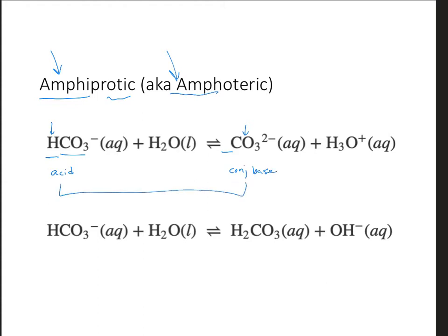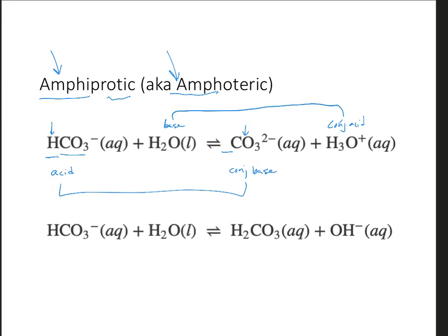And then we also have water. Water is over here on the left side. It is going to accept a proton, so it starts off as a base, and then when it's over here, it's the conjugate acid. That by itself does not make this hydrogen carbonate amphiprotic. We have to look at a second reaction equation to see an instance of this amphiprotic